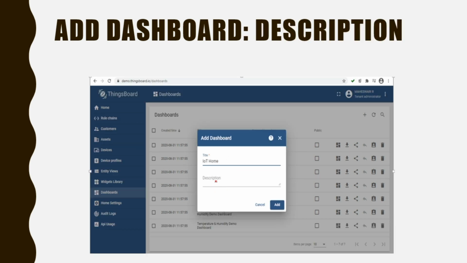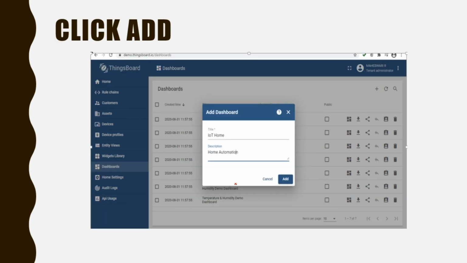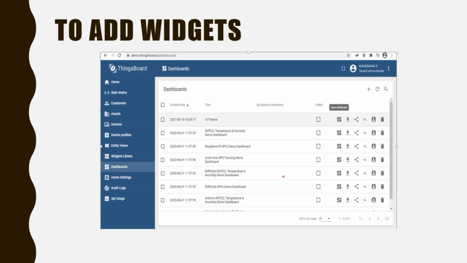So for the description you can give home automation or something. Okay, it's an optional one. If you want, you can give it, else you can ignore it. So I have given the title and home automation as the description. Okay, so now we have to click add to add this dashboard. Okay, so now our IoT Home dashboard is available.